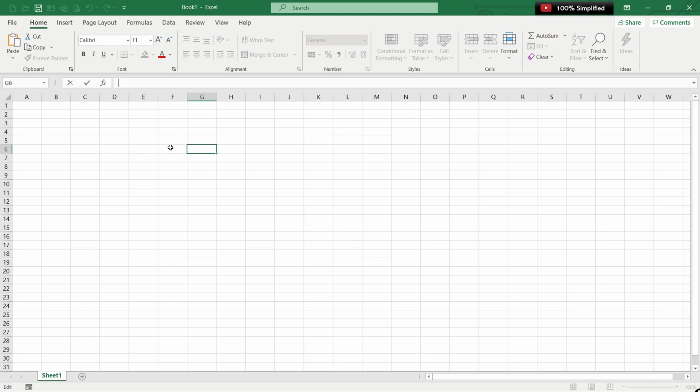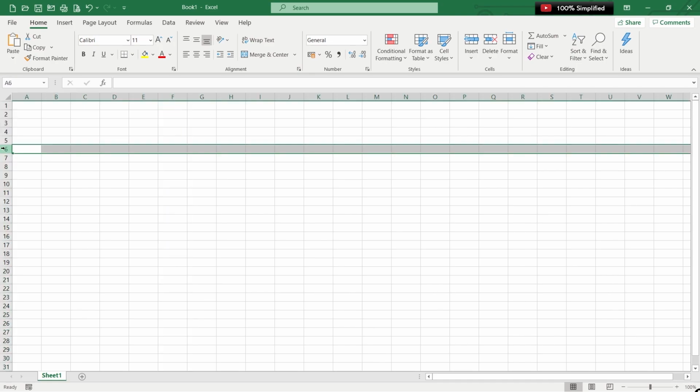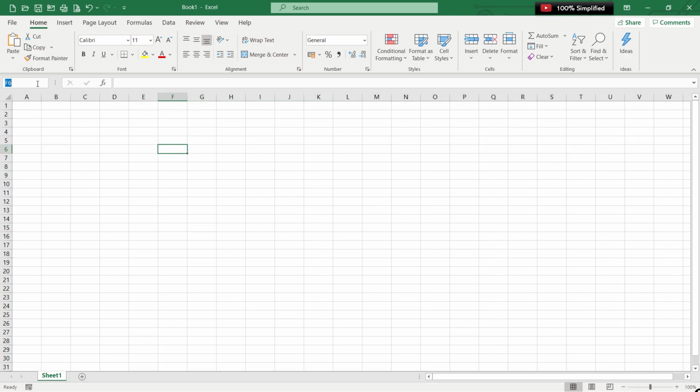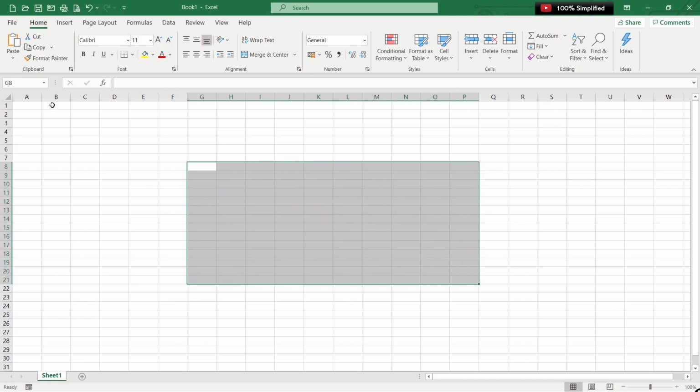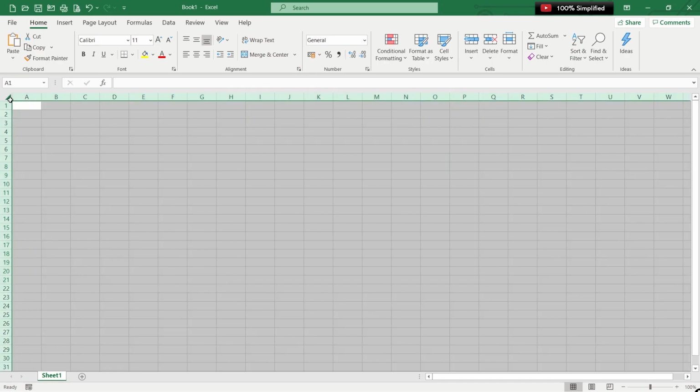This name box is nothing but giving a name to whatever we are doing here. Let's say I select a particular cell here that is in column F and row 6. It's giving a cell name to it, that is F6. Whatever functionalities we would be running here, this name box would be giving a name to it. That's the only thing that this name box does. One more thing I would want to highlight while we are discussing the name box is a very important thing which a lot of people ask.